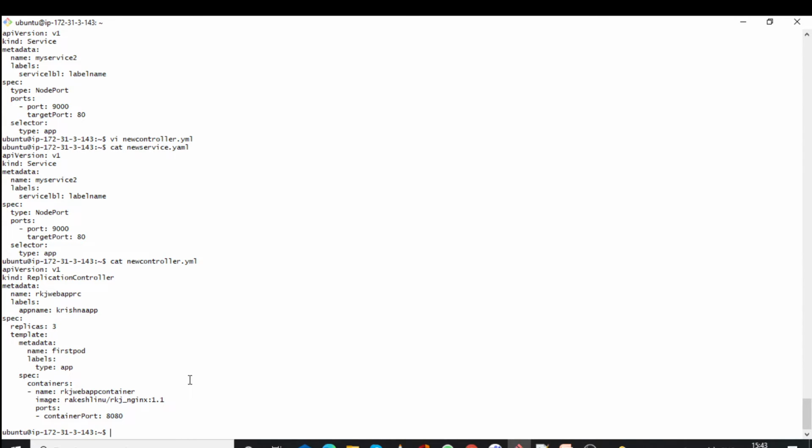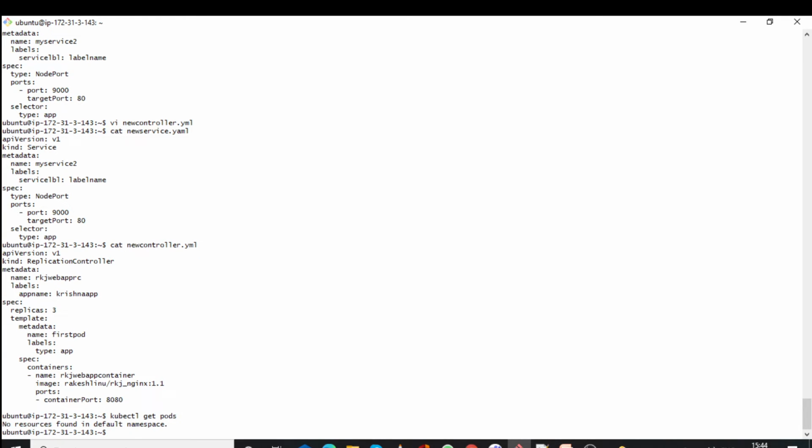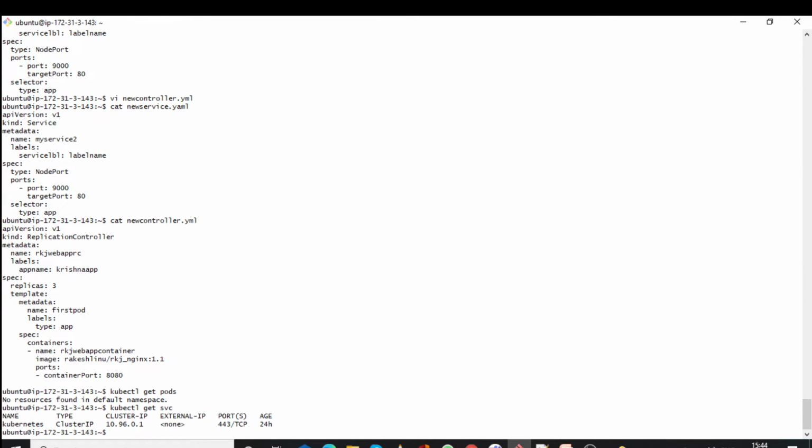so let me create the replication controller first. kubectl get pods. Let me show you first before creating the pod. There is no pod. kubectl get svc. You can see there is no NodePort service.